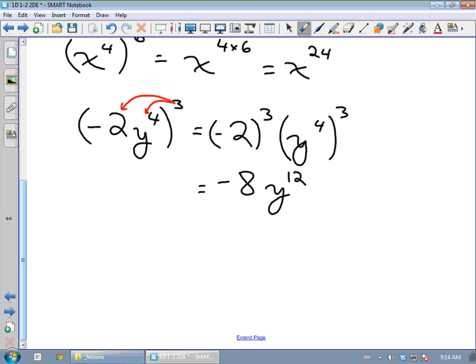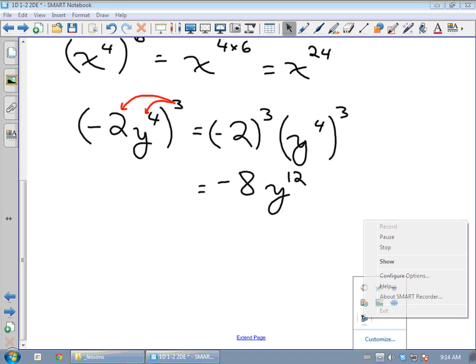Okay? And those are the 3 rules you need to know. How to multiply powers of the same base, how to divide powers of the same base, and how to take a power and raise it to another exponent. And I'm going to